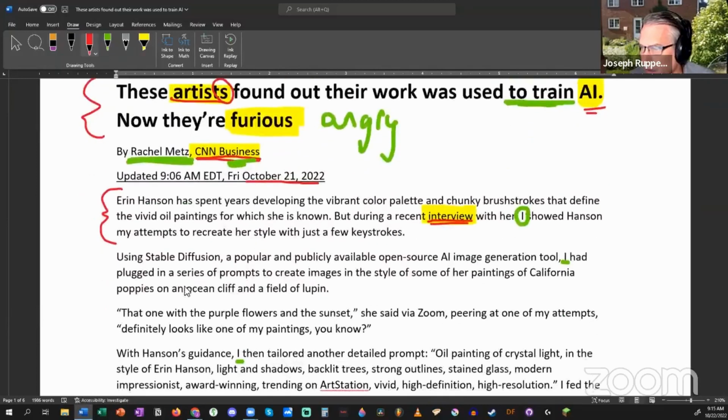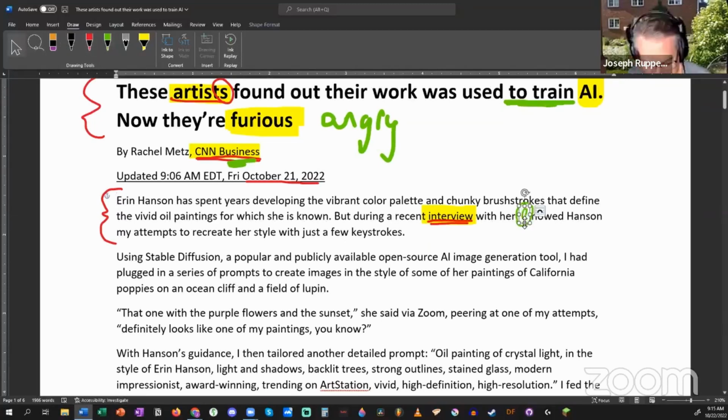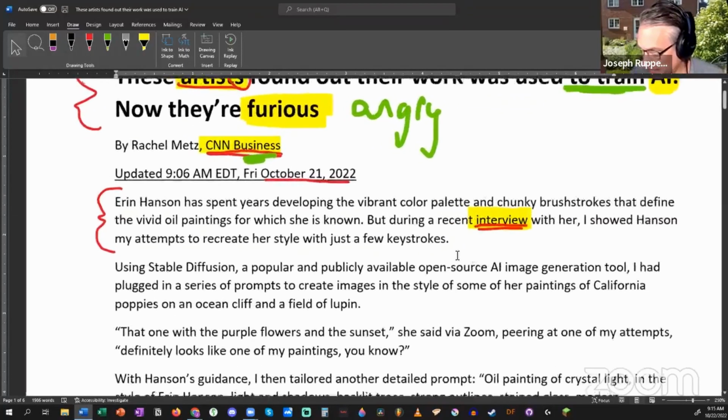All right. Before we continue, I want to get rid of that. I guess I could have just deleted it. I can just go like this. Boom, boom, boom. Great. So Aaron Hansen has spent years developing the vibrant,